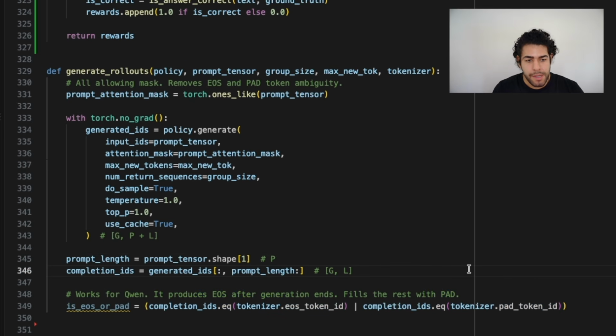So the next thing is, first of all, we need an attention mask, an actual attention mask this time. What I mean is that we should specifically put attention 0 on the pad tokens and end-of-sequence tokens after the initial end-of-sequence, because when we calculate the log probabilities, and also in the end when we are calculating the GRPO loss, we don't want them to be included in our score, and we don't want to attend to them. But we should also keep the initial end-of-sequence token in the generation, because it means that it is a part of the generation, because we expect the model to generate the end-of-sequence token in the end. So what we want to do is put a mask on every pad